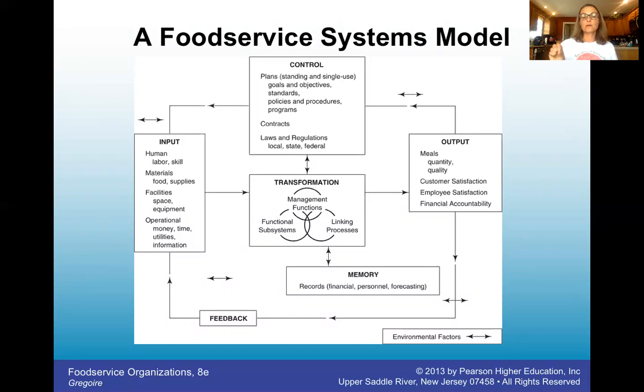That input leads to the transformation. And within transformation, we have functional subsystems, management functions, and linking processes. So through that transformation, that output is meals, and then monitoring how much, the quality, meeting customer satisfaction goals, employee satisfaction, and then ultimately being financially responsible, which is something that